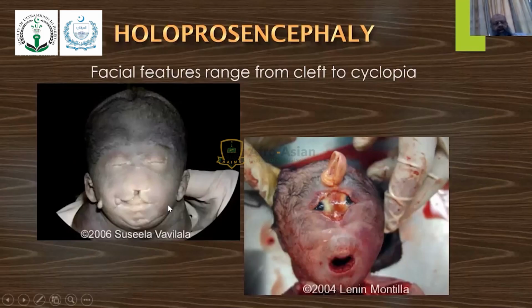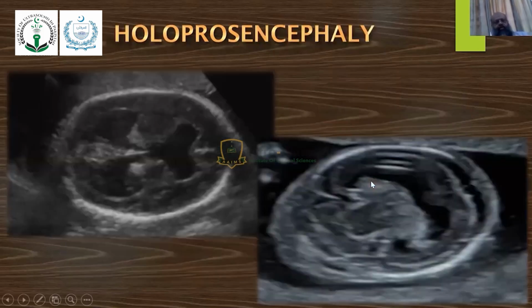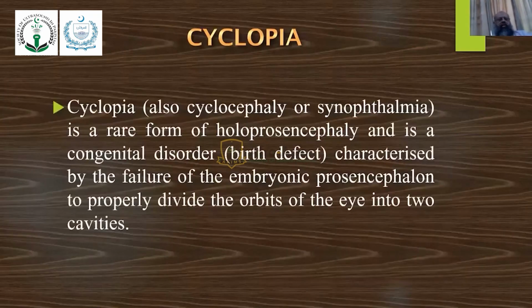The cleft or cyclopia is of different types. Here you can see the eyes are not fused, they are separated, but it is affecting this area. Nose is not properly formed, there is cleft lip. Whereas here we have proboscis, there are two eyeballs, they are fused together, nose is absent. Proboscis, nose is absent, and the eyeball is a single fused eyeball. This is a central crescentic shape ventricle. Cyclopia